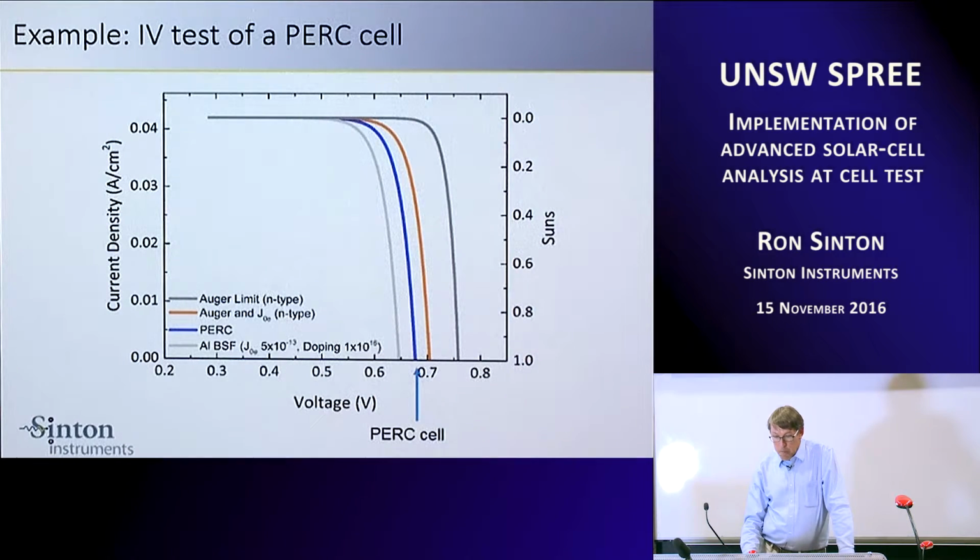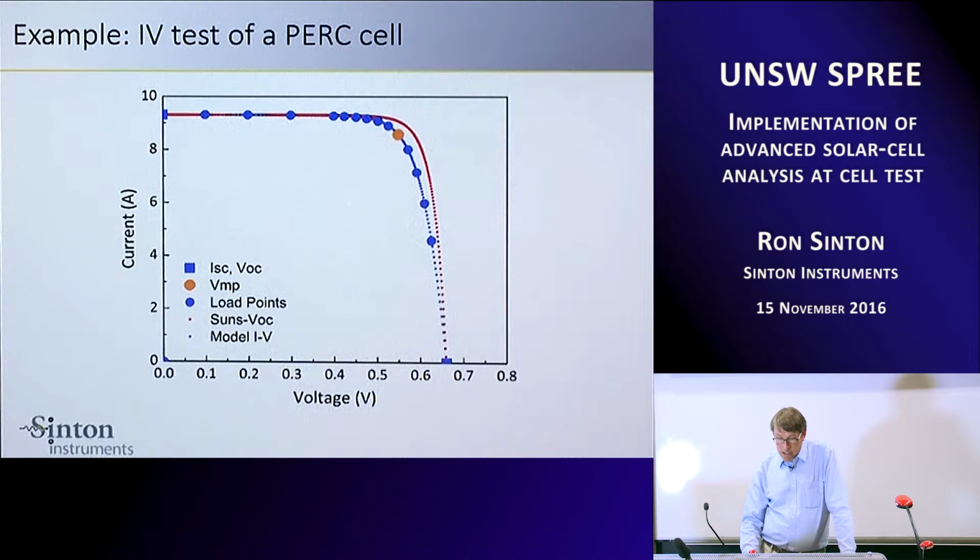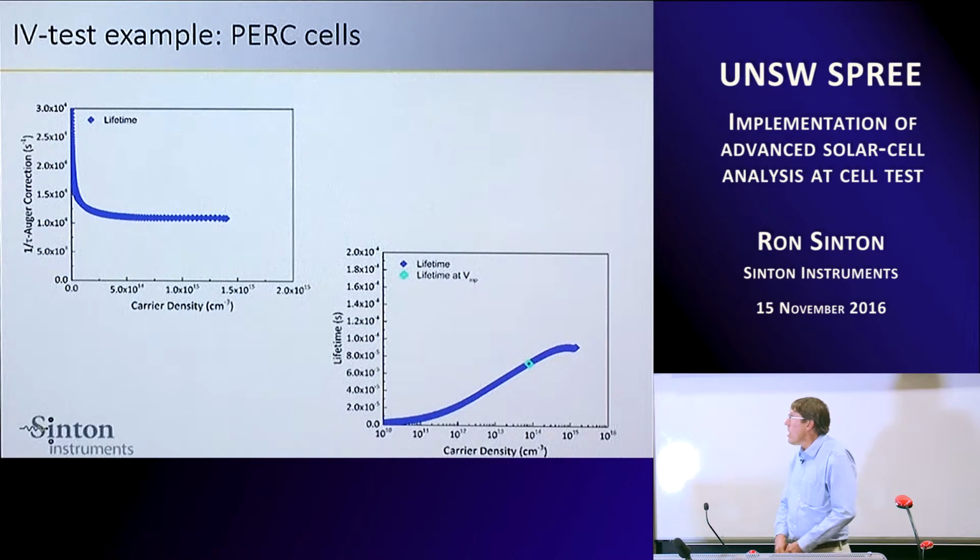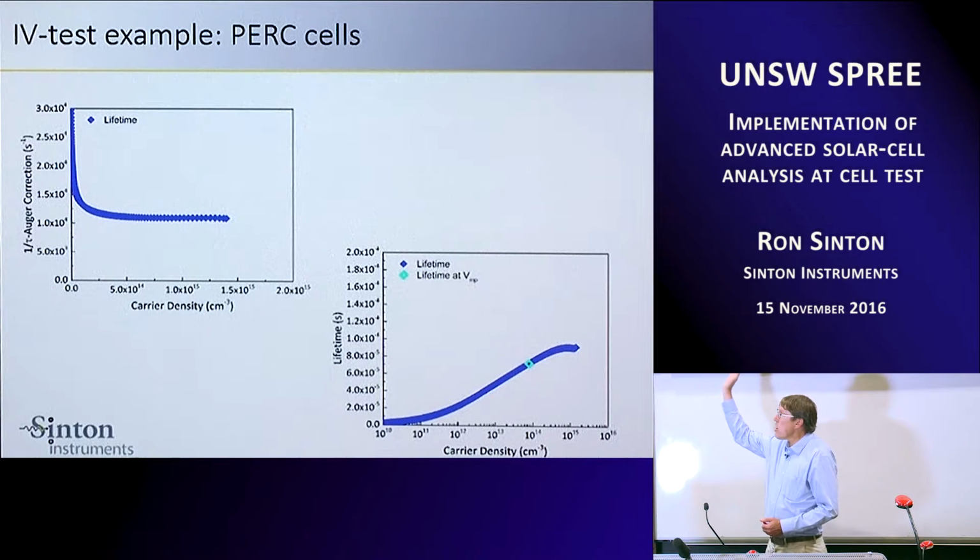So the next example I'll give is a PERC cell. And this is the IV curve and the Suns-Voc curve. And you can see it's a typical PERC cell with about 660 millivolts open circuit voltage. The lifetime curves are a bit different here because you're in low injection, so you can't get the linear slope region of the lifetime curve where you can extract out the J0 and the bulk